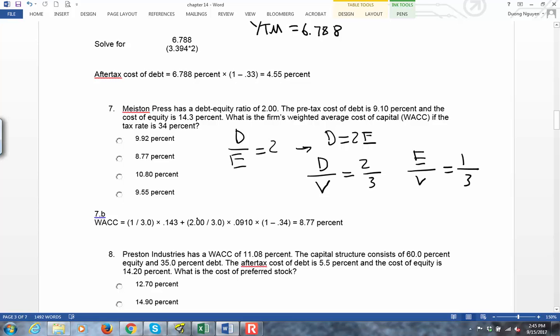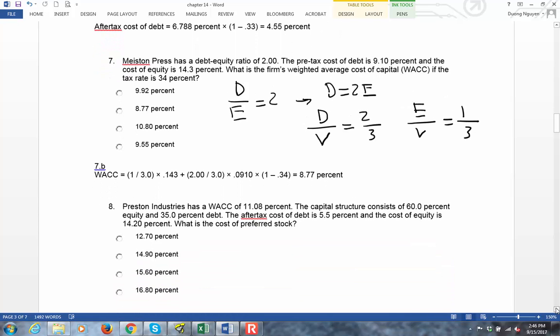Okay, and so you put in the formula for the weighted average cost of capital, WACC. So the weight of equity is 1/3 times the cost of equity, which is 14.3, plus the weight of debt is 2/3 times the cost of debt is 9.1%, times 1 minus the tax rate, which is 34% tax, and the answer is 8.77%. Number